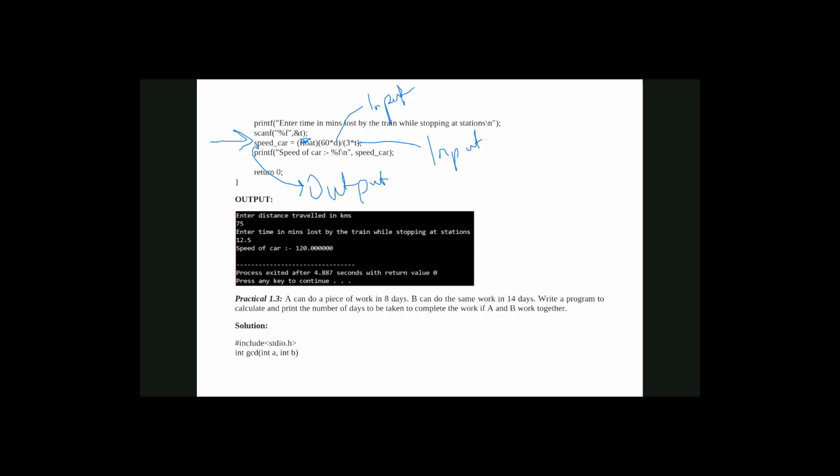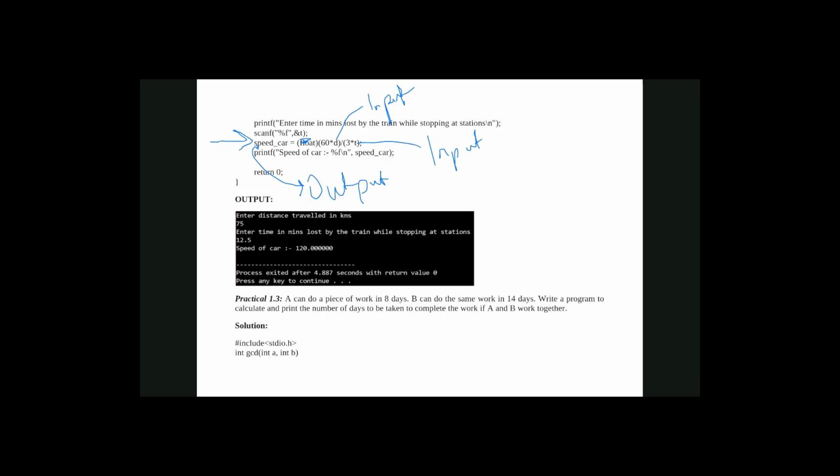Ishan, I'm saying that if this is the formula, that speed of the car is 60 multiplied by d divided by 3 multiplied by t, how many inputs will be required? In order to calculate the speed of the car, we have to provide the distance and time, which is d and t. So two inputs are required, and if we provide d and t, we will get the output, which is speed car.